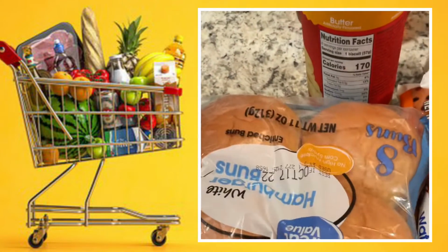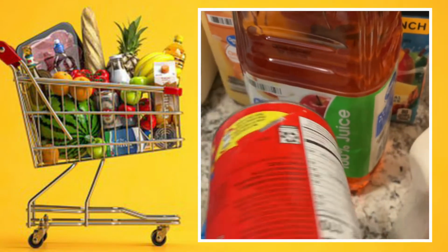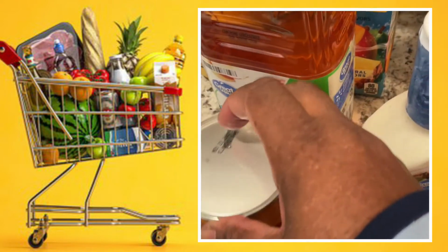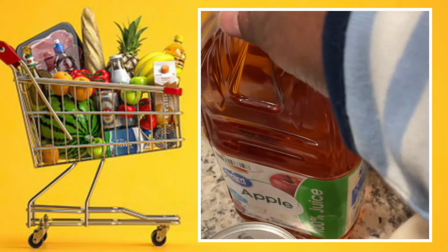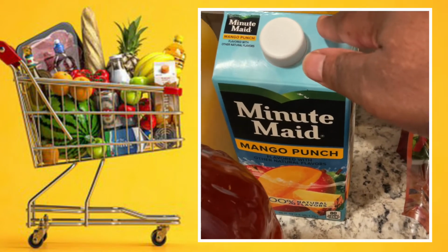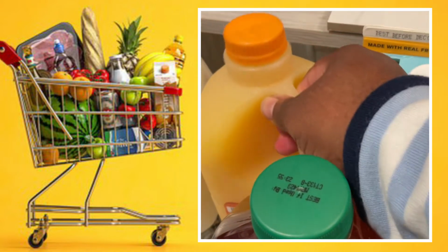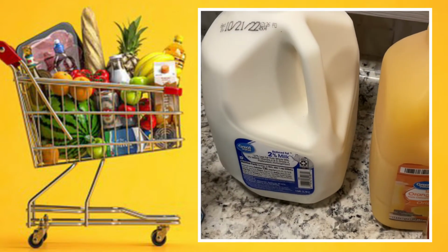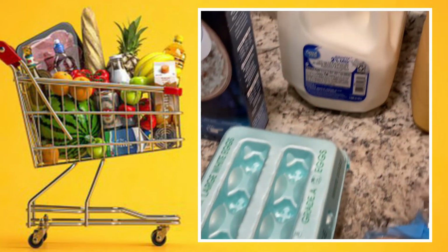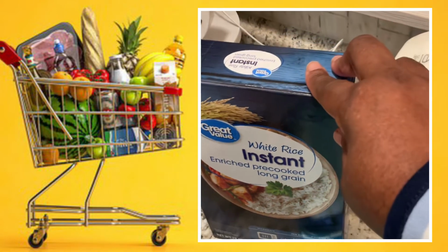1 pack of hamburger buns, 1 can of biscuits, some apple juice, y'all know that's for mama, mango punch by Minute Maid for me, some orange juice, some 2% milk, and of course, we never go to the store without getting eggs, some white rice,